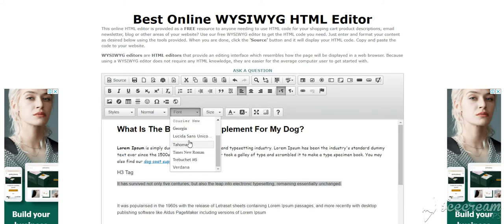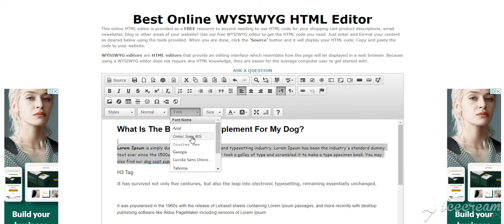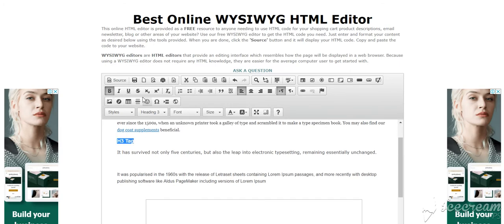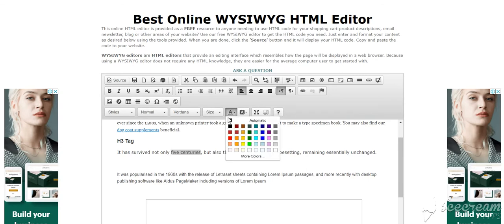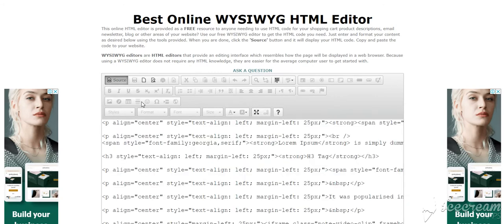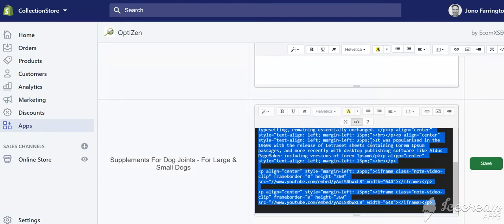So what you can do here is either add your content straight away and make your changes. Let's say we want to change the font. There's obviously limited fonts in this version. We can change the font there. Maybe we'll change the font on this one as well. We could make that bold, which the other editor does too, but you can make all your changes in here. Maybe we'll change a color there and make that bold. So you can make all the changes you want, and then you can just grab the actual source code, Control A, copy it, and then go back to the HTML source code in the app,